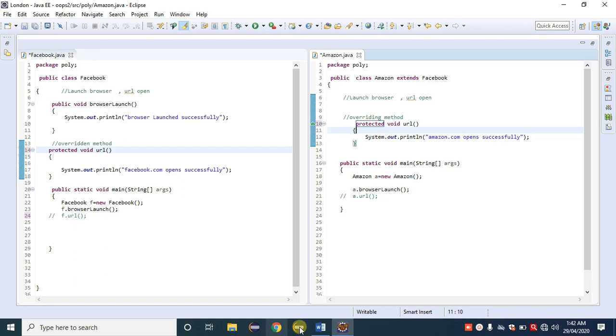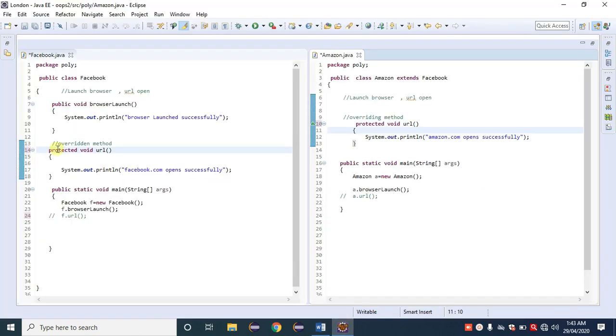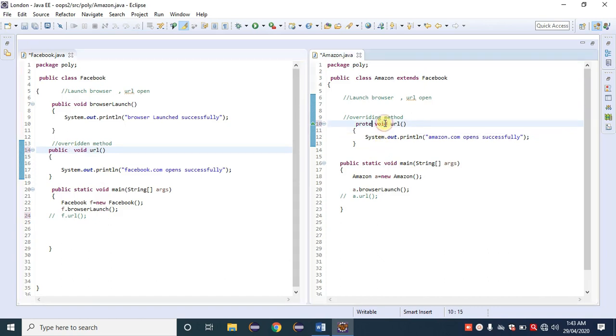Suppose the parent class has a public access modifier. Then the child class must be a public access modifier. We cannot go with protected or default. Let's check it. Here in the parent class I am using public as the access modifier, and in the child class I am using protected.